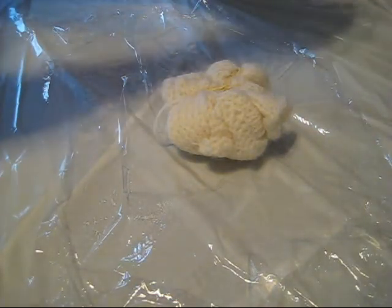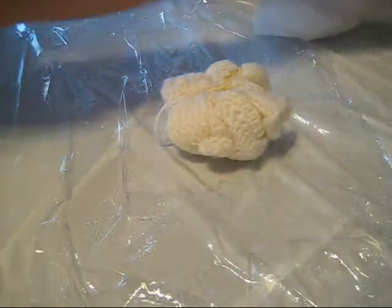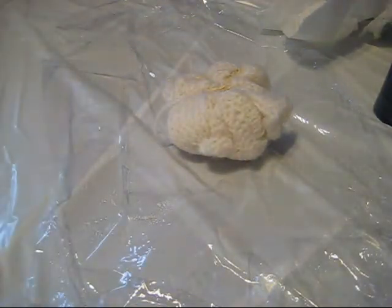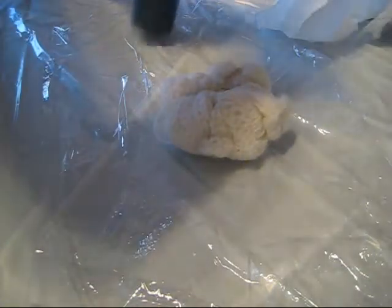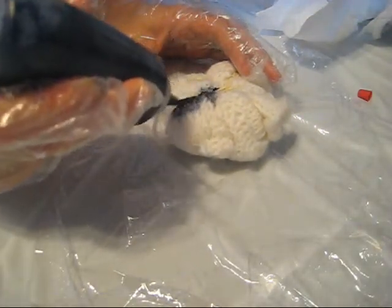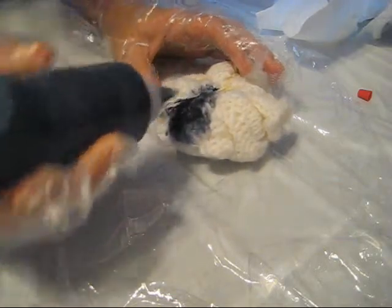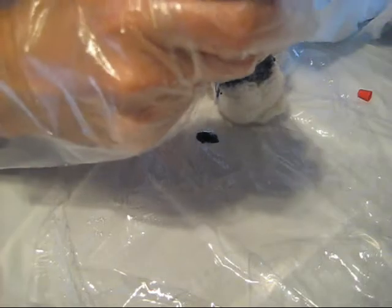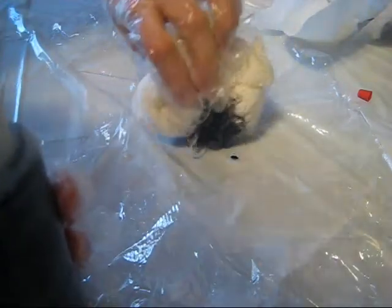Now, it's useful to have some paper towels handy to help you dab up spills, etc. I'm actually going to move that. Because the wool is already wet, this dye is going straight in. Nice deep blue. And if you drop some on the pavement, you can just dab it up with that section. But this is also why I like having a paper towel, because it makes it very easy to clean up